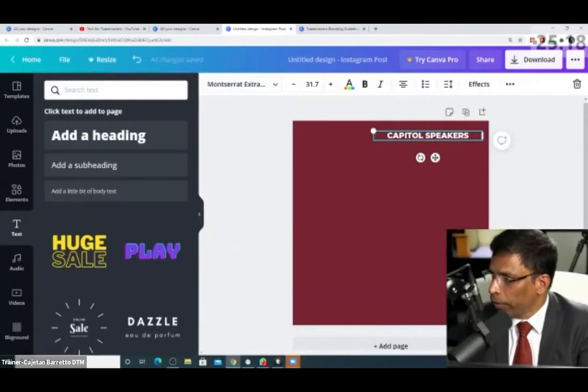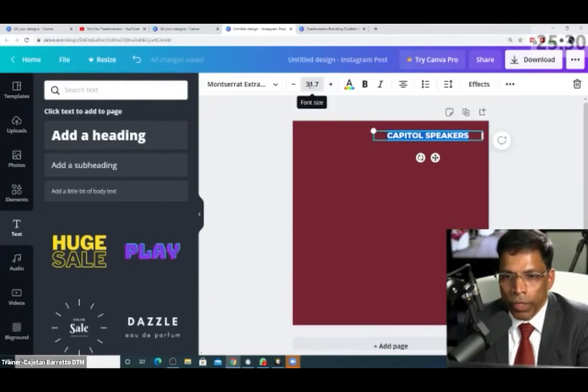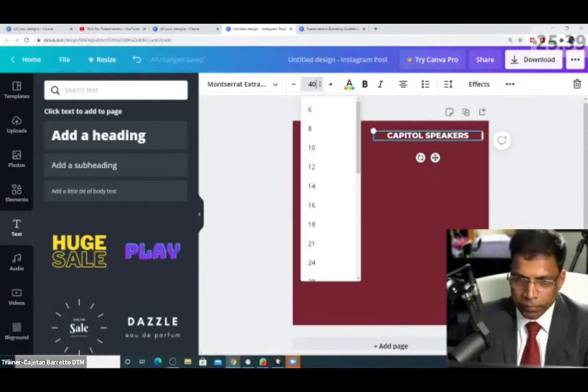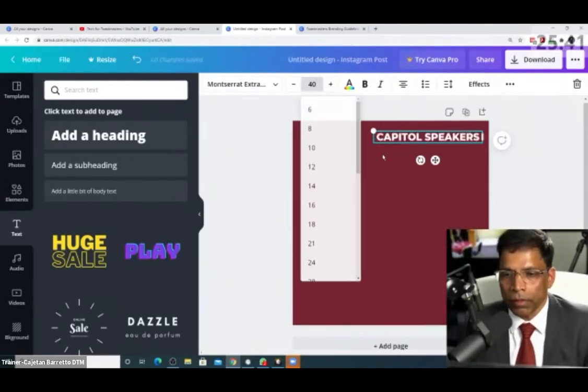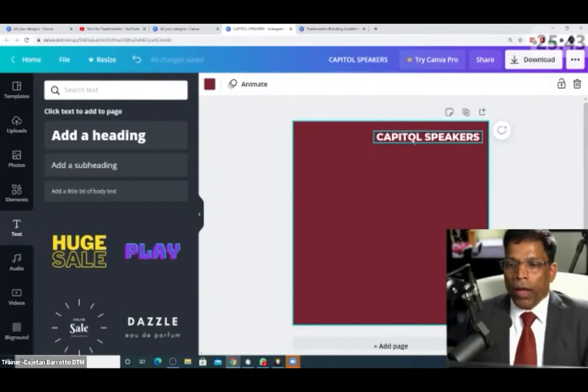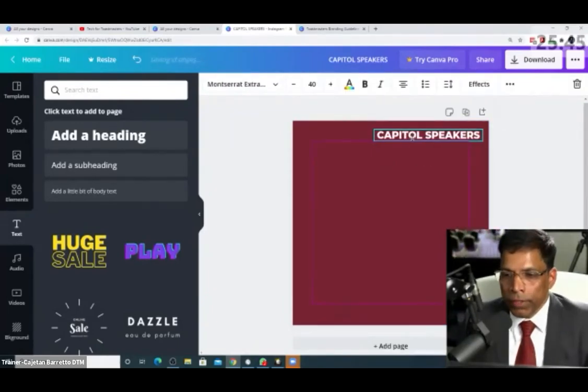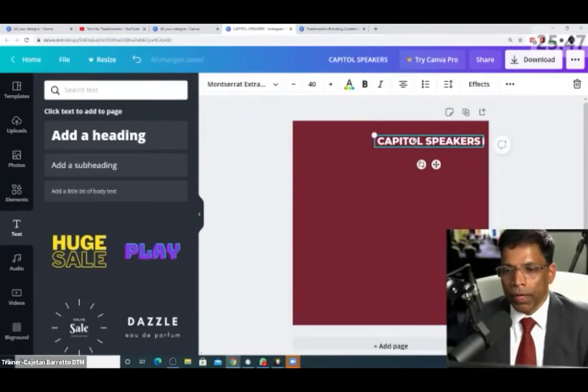And also, if I want the size of this font to be precisely a certain number, for example, if I want to select all of this with my mouse, and I say, I want this to be 40 points, the font size. Right now it says 31.7. I want it 40. I can click here and type 40. Okay. So I have selected the first text box, put my club name.